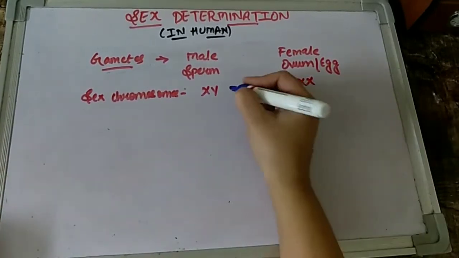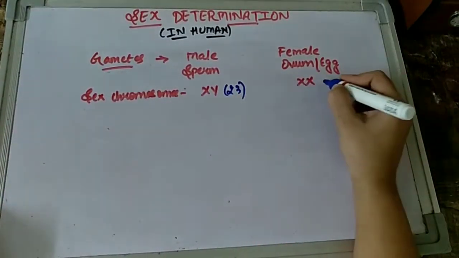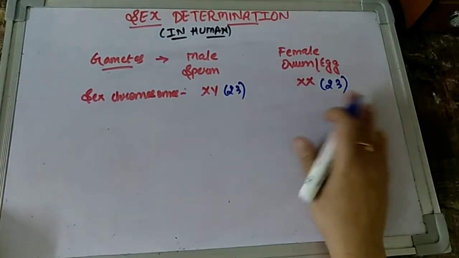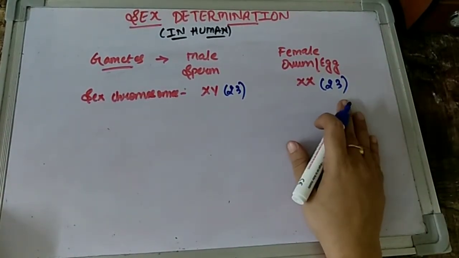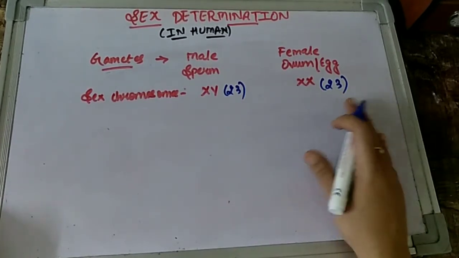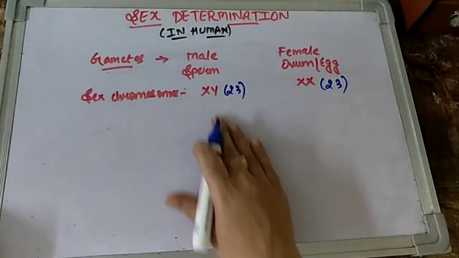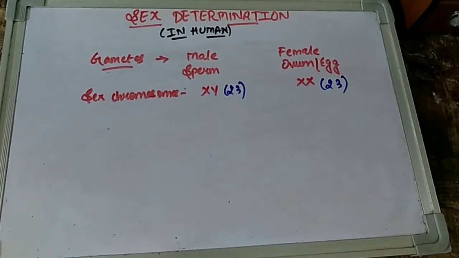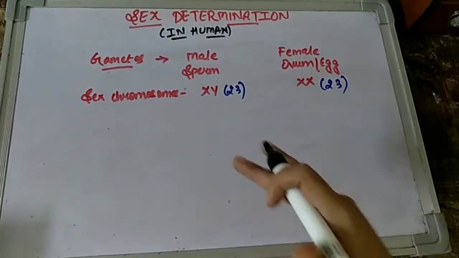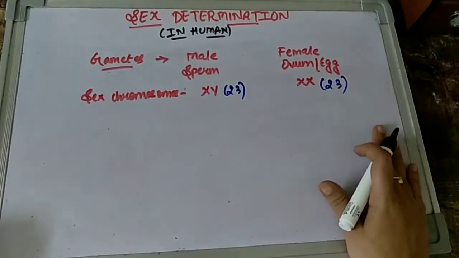And also, as I said, what is the number of chromosomes that the males will have? They will have 23 chromosomes. At the same time, the number of chromosomes the female ovum will carry is also 23. So it's n here and n here. It's not diploid 2n as we write. It's n and n. What is the importance of 23? We will also see that. But for now, let us focus on the process of sex determination. So children, whenever reproduction happens in humans, we always know that the newborn babies or progeny will be either a boy or a girl, right?